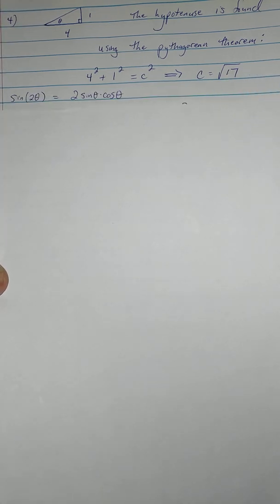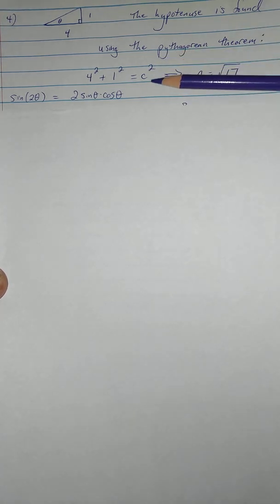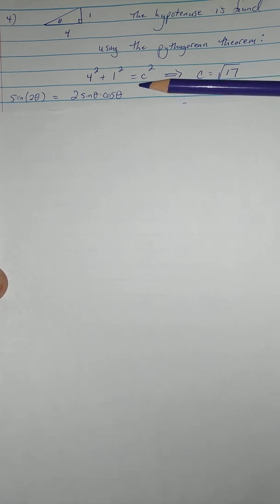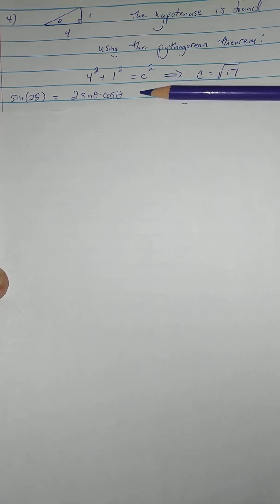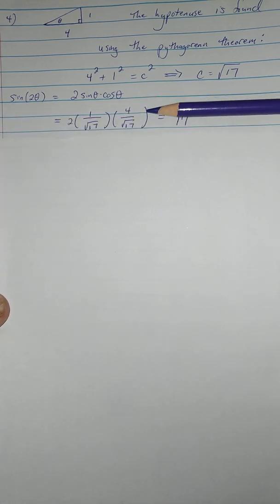So the first part of number 4 asked me to find sine of 2 theta. Then it's going to ask me later to find cosine of 2 theta, and lastly, tangent of 2 theta. So I would recommend that you write these identities down as often as you need to use them, and we do in this problem. So sine of 2 theta is equal to 2 sine theta times cosine theta,